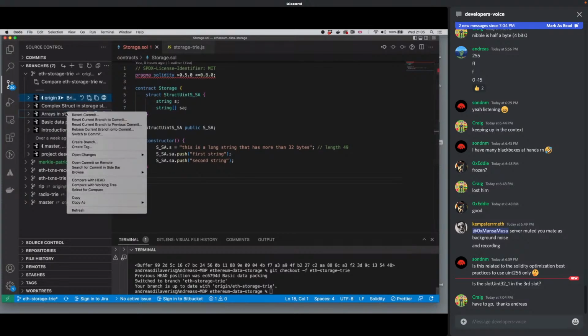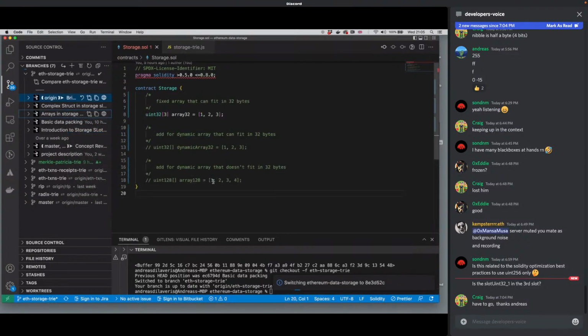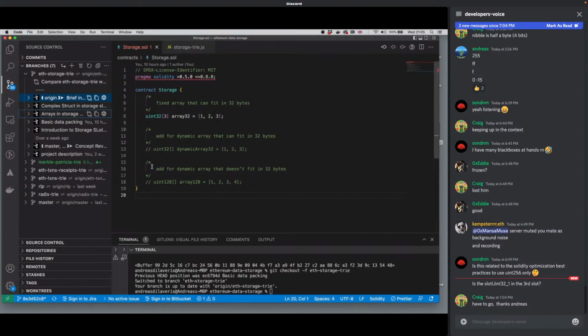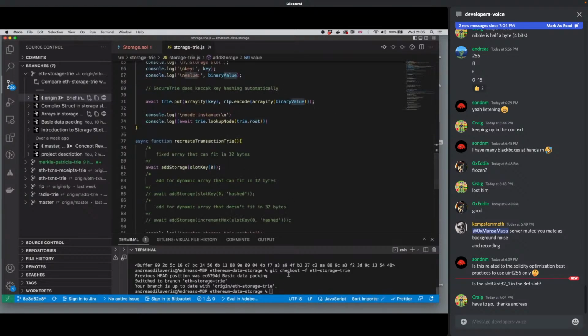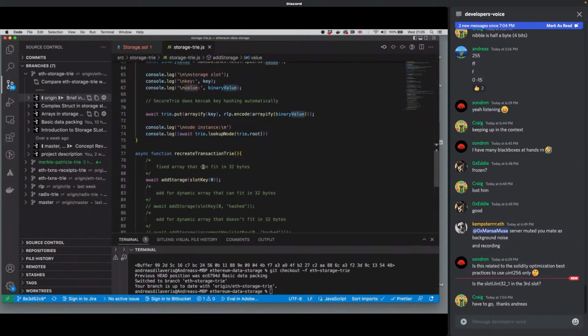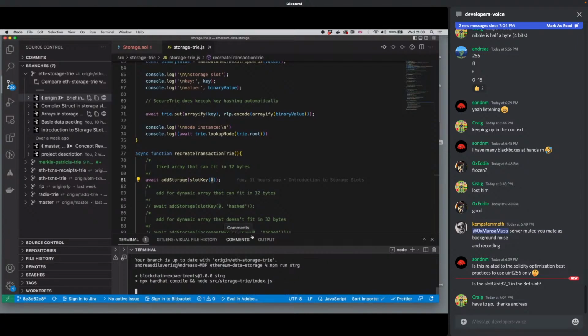Okay, so arrays. Now we're going back. We're no longer using just uints. We're going to create an array of uint32 values. This is a fixed array. There are 3 elements in it. If I go to the code, you'll see I'm set up for the fixed array. I'm just looking in that first slot. If I run it,